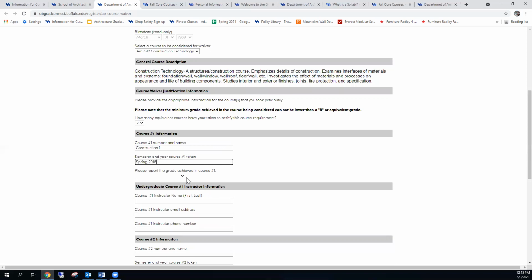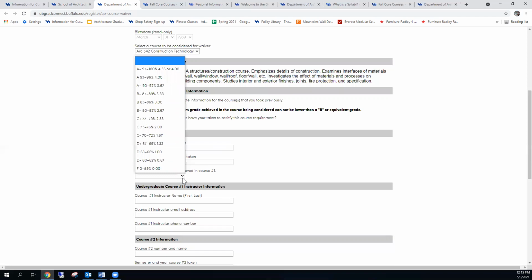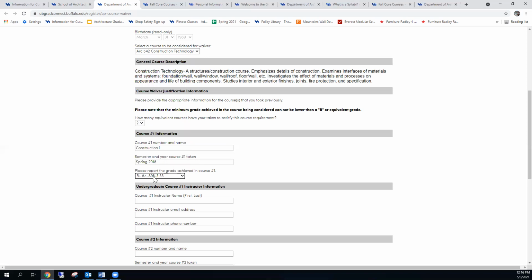And the grade you achieved in the course. So you want to write the grade here as it appears on your transcript. Now, if you took the class at a school that didn't use letter grades, you're going to try your best. Also, we will look not just at the grade, but also at how the grade translates to a grade here